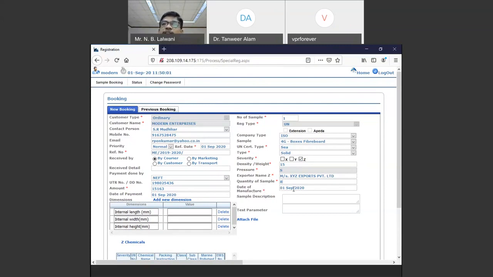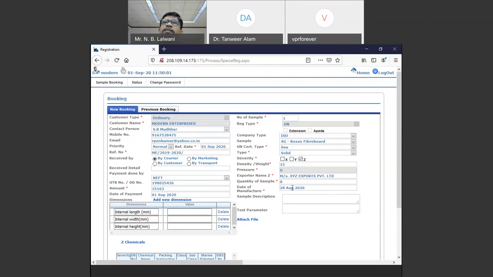Date of manufacture, this is also a very important one. Suppose you are filling in today, you cannot mention the same day, because you will not be manufacturing today and submitting the sample on the same day. So let's say maybe 2 or 3 days back, if you have manufactured it then. This is very important here. The date of manufacture will also be mentioned in the certificate. Whatever certificate you have taken earlier, you can refer to it properly. The date of manufacture will be there.